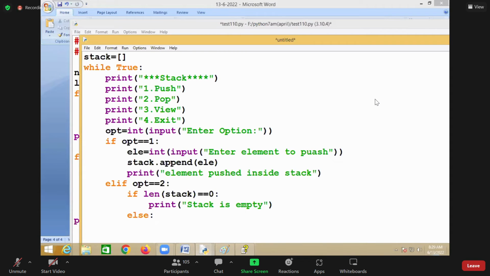Suppose you are implementing this using an array in C language, you will check two conditions: underflow as well as overflow. Suppose the size of the stack is 5, then I can push 5 elements. If I try to push a sixth element, it is not allowed. That is called the overflow condition. But here you don't need to check overflow,